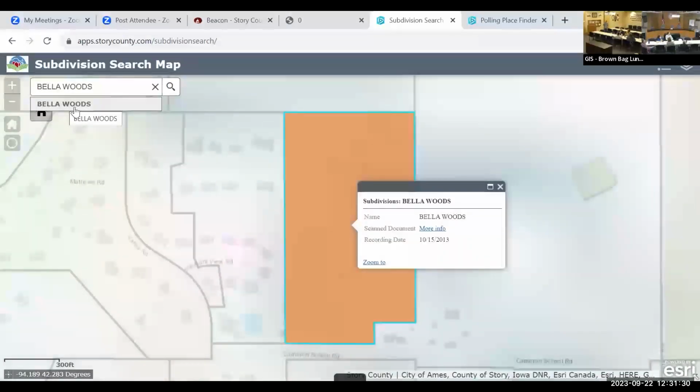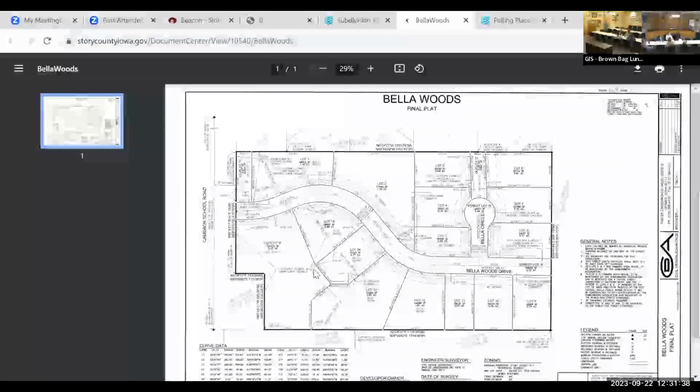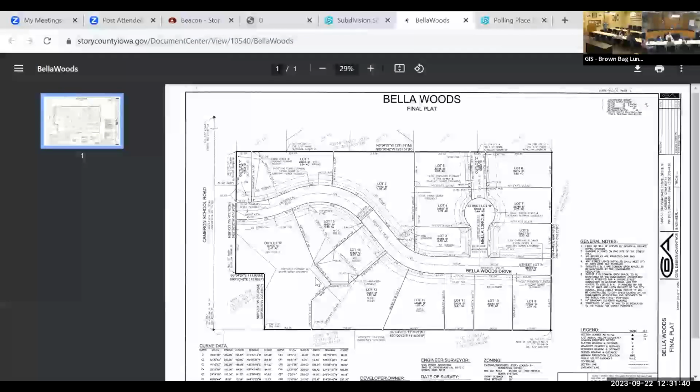That's kind of neat. And then if you click on that more info link, hopefully this will all work like it should. So that's a PDF, and that's a really huge document that we scanned in and made a PDF with all that detailed information. Yeah, so that was a pretty big project for the recorder's office and I.